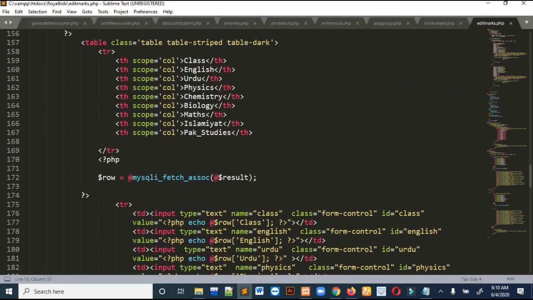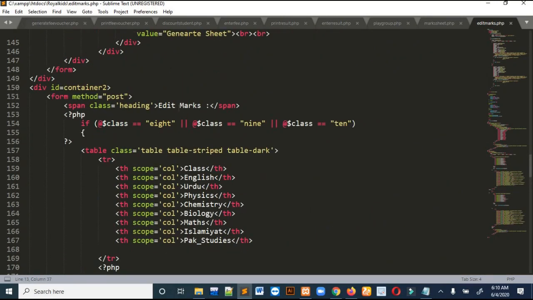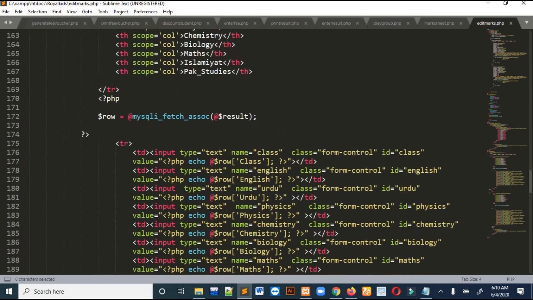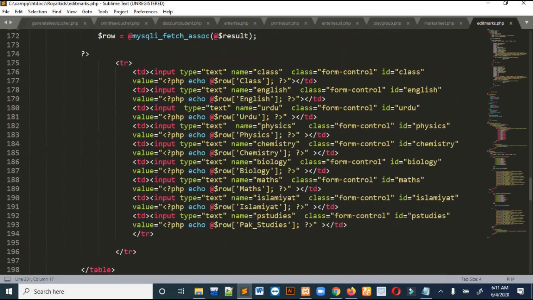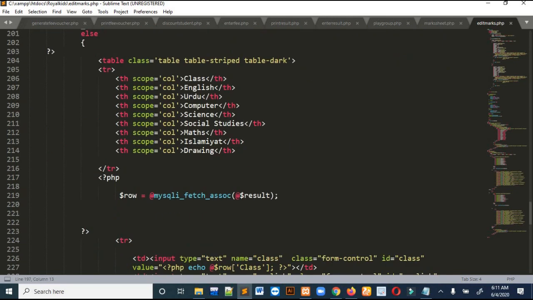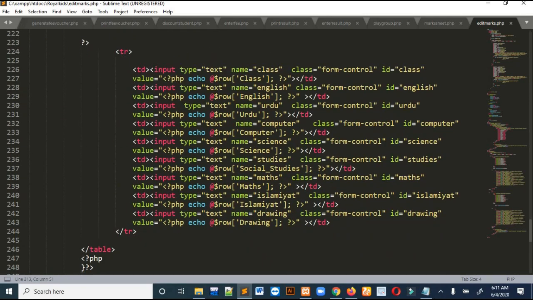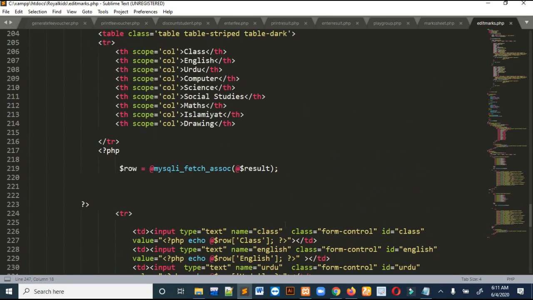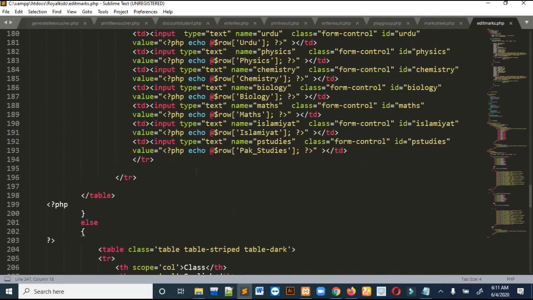Over here there are again two separate parts. One is for secondary and one is for primary, because the subjects are different. If the classes are 8, 9 or 10, then this table will be shown and these marks will be shown. This is the same as in the enter result part. I just copied and pasted the data, and if the classes are from primary, then this table will be shown, and then this data. Whenever the user clicks the update marks button, then this query will be run,